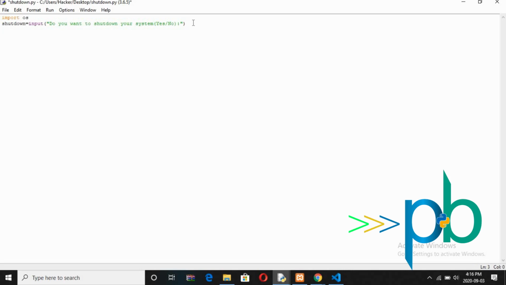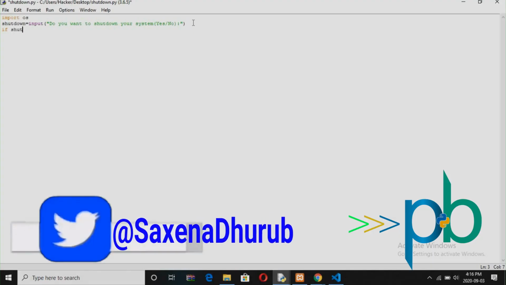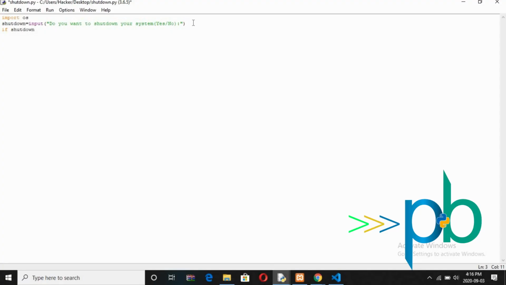And now check the condition. If shutdown is equals to no. At the time of input we need to pass the same string as we have mentioned here. No. Then call the exit function,